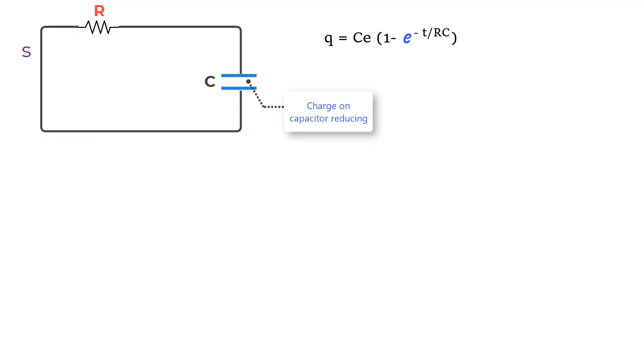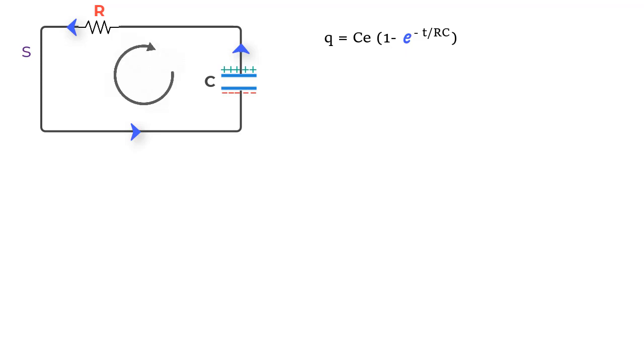So once again, we are interested in knowing what will be the value of current in the circuit and the charge on the plate with time. So let us apply the loop rule again to the circuit, and we observe that the direction of the current will reverse, and the equation we'll get if we move in the clockwise direction is IR minus Q by C is equal to 0. We can then rewrite this equation as dQ upon dt times R minus Q by C is equal to 0. But then we must remember that the capacitor is getting discharged, and the rate of discharge should therefore be a negative term, and for this reason we put a negative sign here.